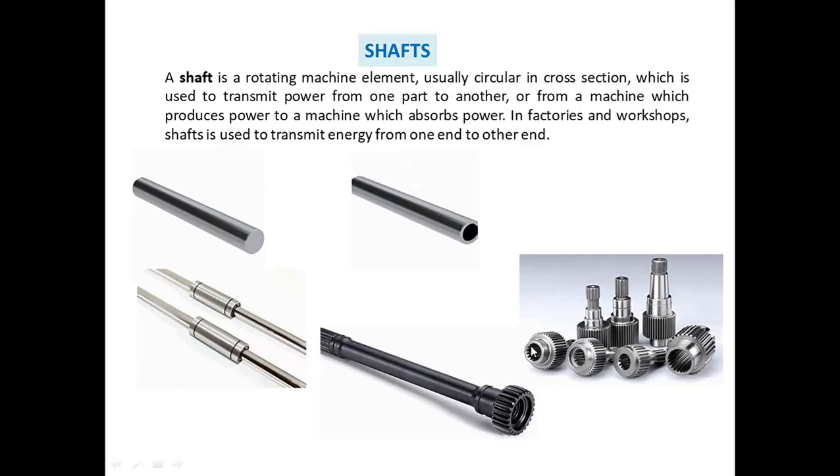In factories and workshops, shafts are used to transmit energy from one end to the other. As I already told, torsion is studied with shafts. Even though torsion is used in the civil engineering field, we are studying the theory from the